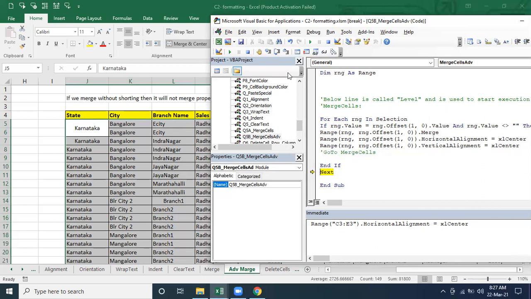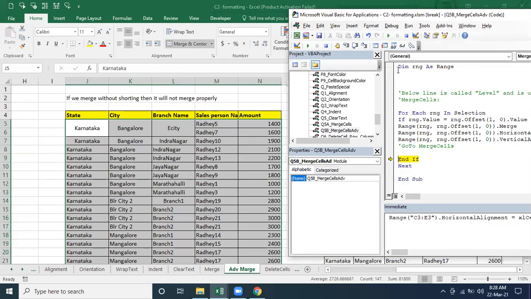So now it's going to pass what? Bangalore. Just see, Bangalore is passed and it's going to check the Bangalore and the offset of that Bangalore is Bangalore or not. If both are Bangalore, no problem at all. It's going to merge together. It's merged and then now we are going to do. Again it's going to pass City now, ECT. And it's going to merge. Radhe is not going to merge. It's not going to merge because they see all are not same.